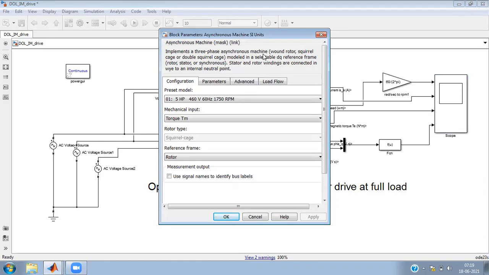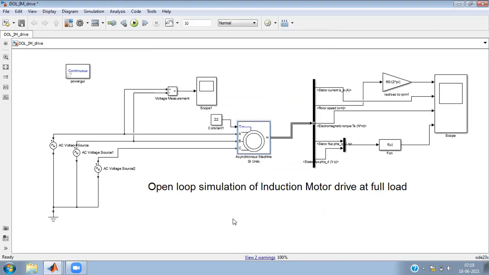I have selected a preset model of a 5 HP, 460 volt, 60 Hertz, 1750 RPM induction motor drive. The other parameters mentioned here we are not going to discuss at present, but these are the parameters from which we need to calculate certain things, and only then should we go for the simulation. So we have noted down the simulation parameters.